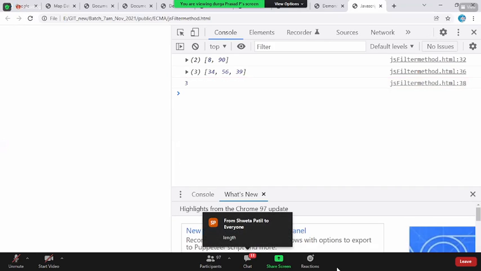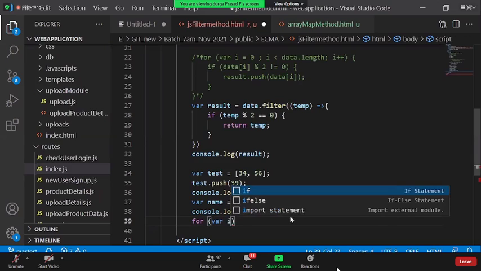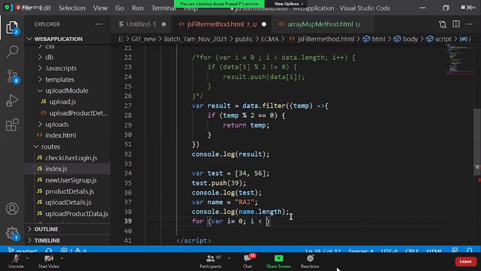You got it as 3. I said, ma'am, please don't use the dot length property. What is the way you can find out the length? I can simply say var i equal to 0, i less than name dot, sorry, i should not be equal to null, i plus plus.